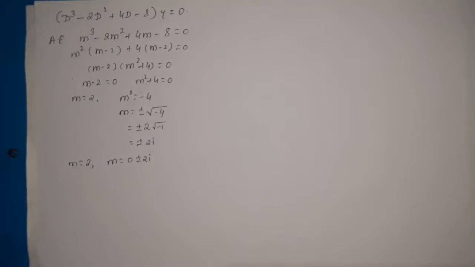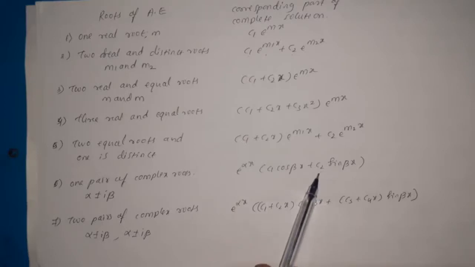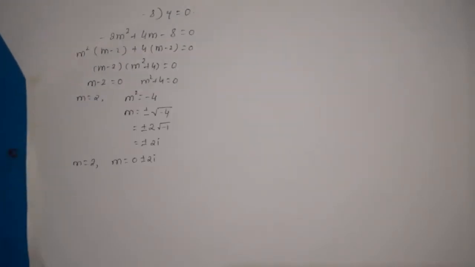Now, look at the chart. Whenever complex roots exist, the complementary function will be e power alpha x, where alpha is the real part of the complex number, times (C1 cos beta x plus C2 sin beta x), where beta is the imaginary part of the complex number. So, in this example we have one real root and one pair of complex roots. Therefore, here the complete solution is